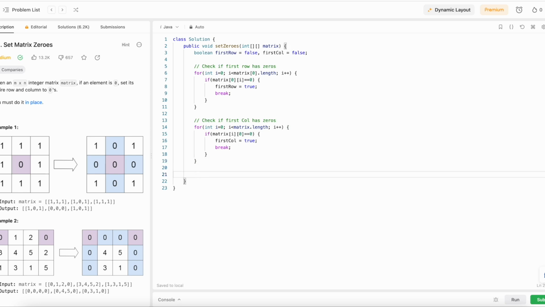So next thing we need to do is we need to traverse the remaining matrix. I don't know why it's that row. Let me just update this. So essentially what we'll check is if the value of the cell is 0. So if matrix i j